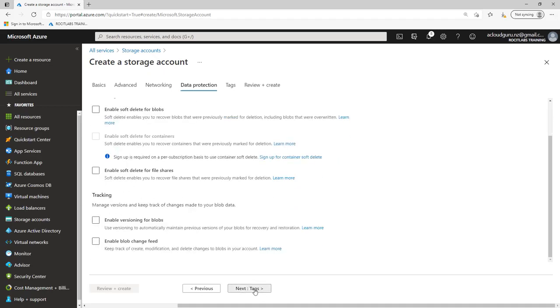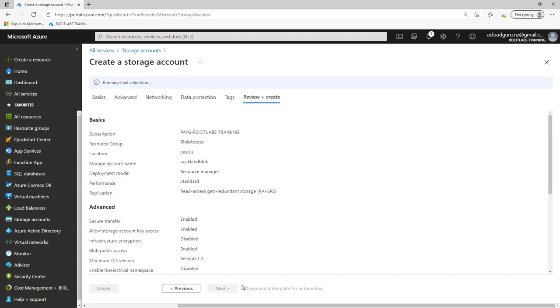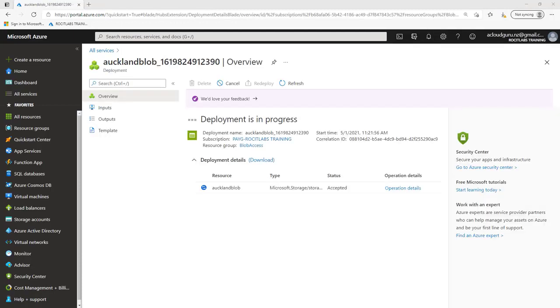I'm going to click Next to move on to the tag section, and then I'm going to click Review and Create. And this is going to go away and do a validation process on that storage account. As you can see, the validation has passed, and I'm going to go ahead and click Create. And this is going to take a few moments to deploy and create, so we'll wait while this quickly creates. As you can see, we've now successfully deployed that